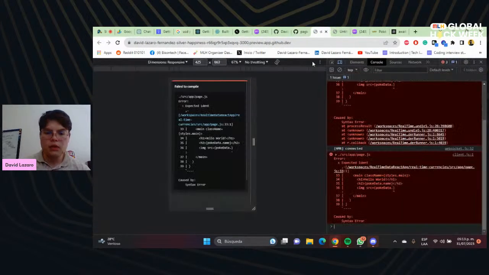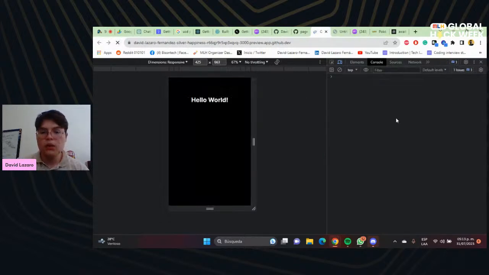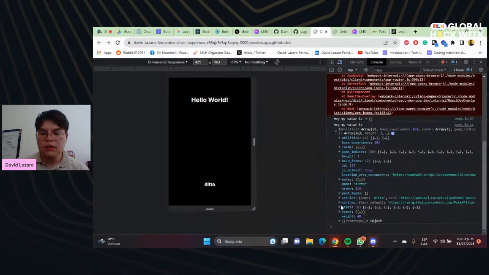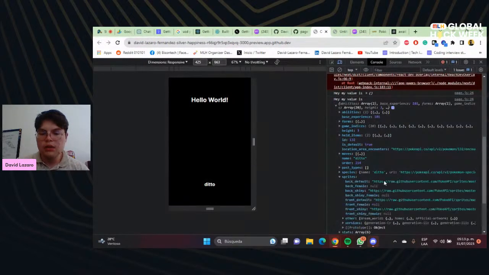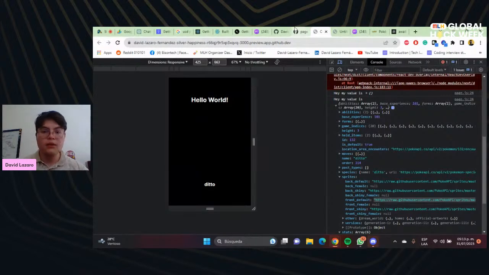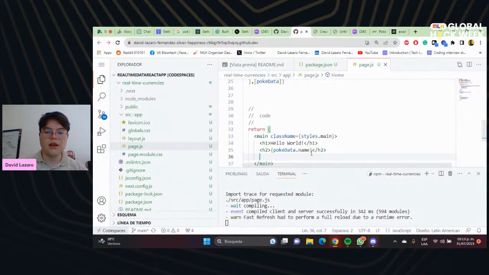We cut it and reload this. Let me see this. I think it was sprites, and we're going to use this one. I think it's from default, and it is from default. So it is Pocket Data